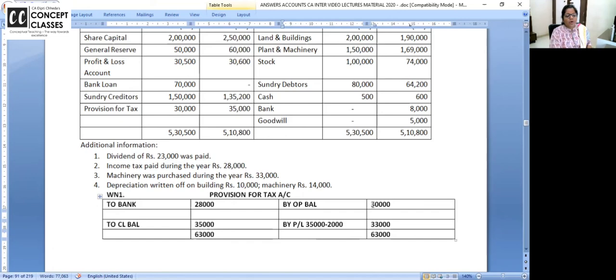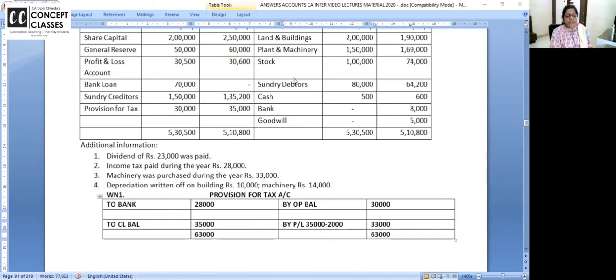फिर से एक बार. Opening provision is 30. Against that, last year you made a provision and this year you paid the tax for last year, 28. So 2,000 excess provision is there. Closing, I want the closing provision to be 35. So how much you will transfer to P&L? Only 33. It could be other way around. Suppose opening provision is 30 and you paid 40. So 10,000 वो भी provision करना है और 35 भी करना है. Then the provision will be 45. You want to write and keep as an option or clear?